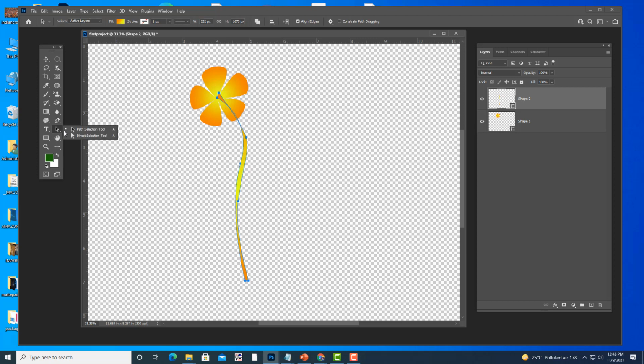Then we will use the direct selection tool and adjust it properly. So like this we have created a stem, and adjust the stem properly.